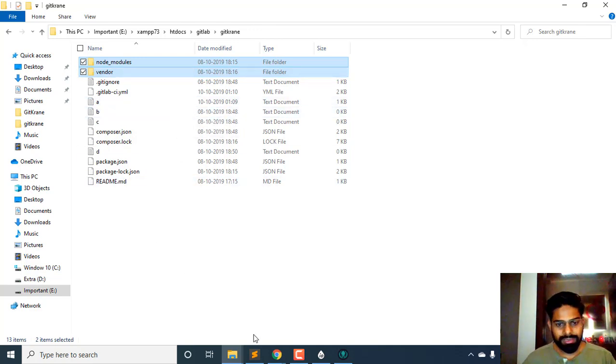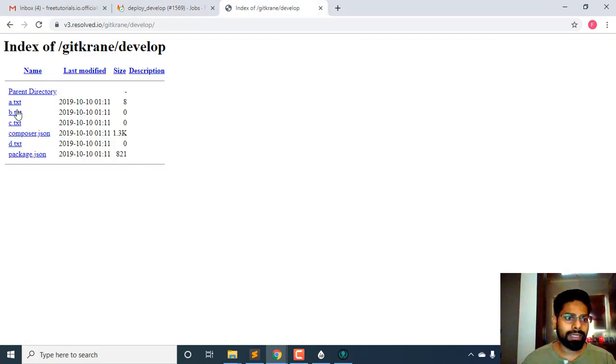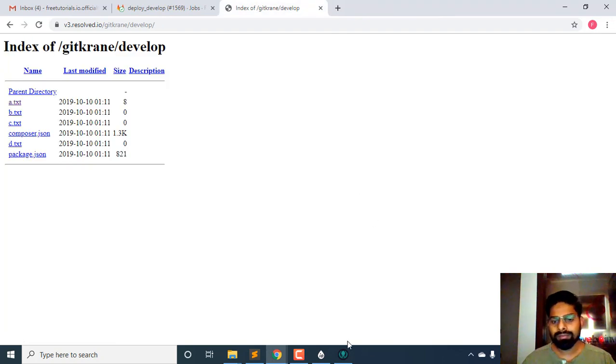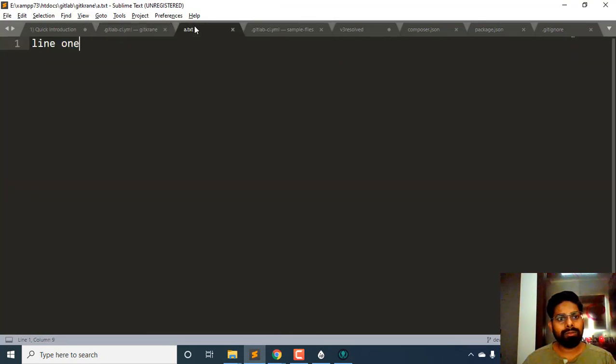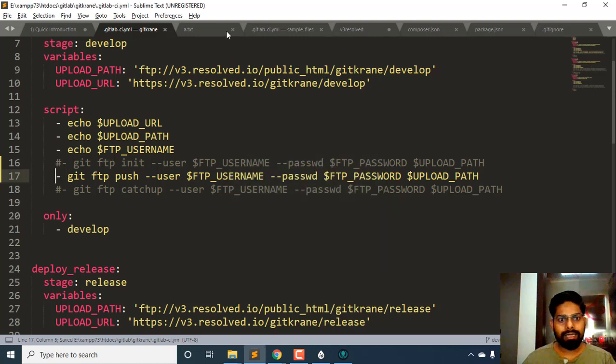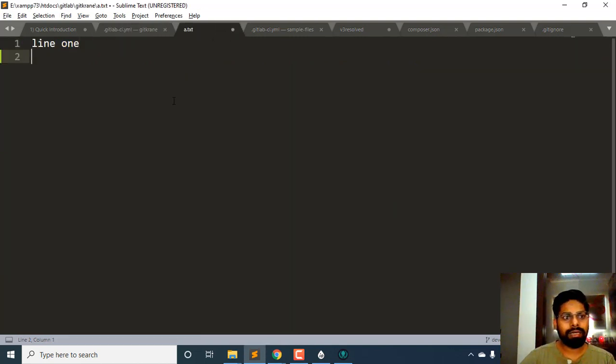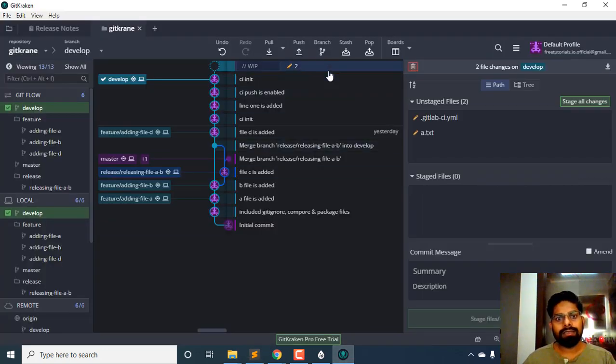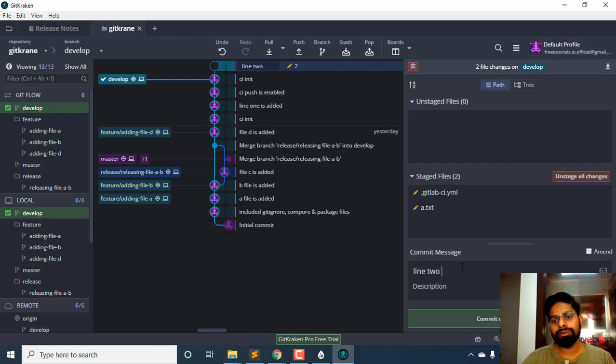Okay, now if I see the content of file A, I see that line 1 is over there. Okay, now I'm going to do one more thing: I'm going to disable this and enable push, and here I'm going to add line 2, and if you see here, this is detecting there are two files which are changed, which is correct. And let's say line 2 edit to a.txt,